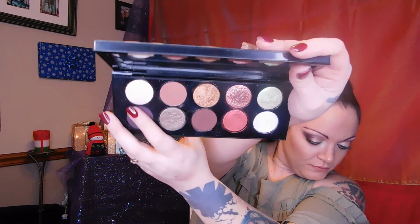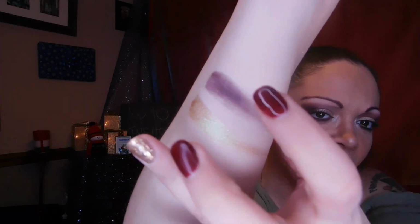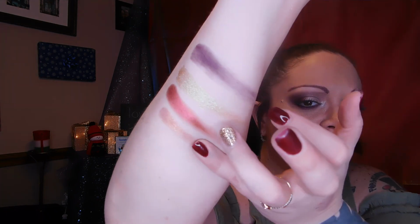Favorite colors in this palette are... Oh, I pulled out my little shade card, and then I covered it with all these other palettes. Okay, so Extreme Aubergine, and then I'm gonna go with VR Fire Opal, which is a repeat shade, Blitz Flame, and Rose Gold. Geez, how many do I love? Extreme Aubergine, VR Fire Opal, Blitz Flame, and Rose Gold 005. Like, hello, hi, my name is Shannon, and I have a makeup addiction, and this is it. I just love the